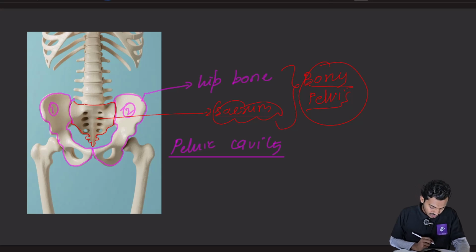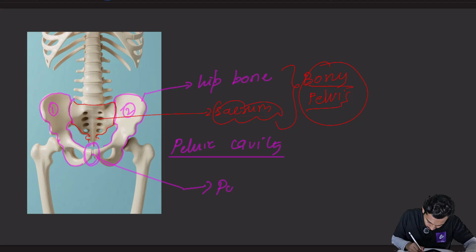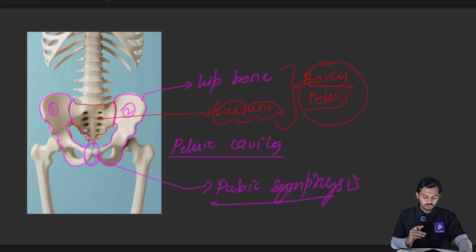पेल्विक कैविटी। Understood? Now see here, very important. अब आप इधर देखें दोस्तों। In the center, you can see two bones are joining here. Two bones are joining like this. So this joint is called as pubic symphysis. Pubic symphysis. So if you want to understand the pelvic region of male and female, जो आगे हम पढ़ेंगे, तो तुम्हें ये स्ट्रक्चर्स का पता होना बहुत जरूरी है दोस्तों।